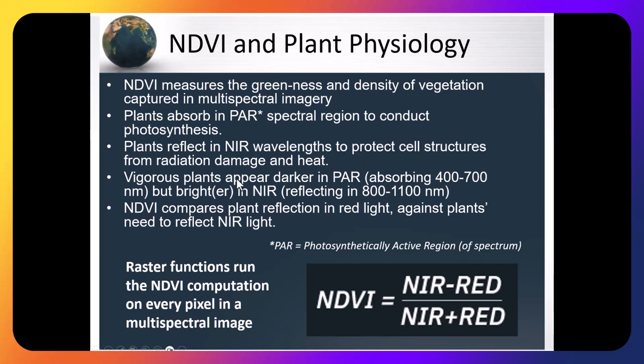So we're about to get into a discussion of the light anatomy of plants, and that's a deep topic, and there are research papers about it. They're quite fun to read, but we don't have to know all that to be able to use the imagery from this. Vigorous plants are absorbing in the 400 to 700 nanometer region, but they're reflecting in the 800 to 1100 nanometer region. So that's why we want to have this comparison between the absorption and reflection extremes to construct